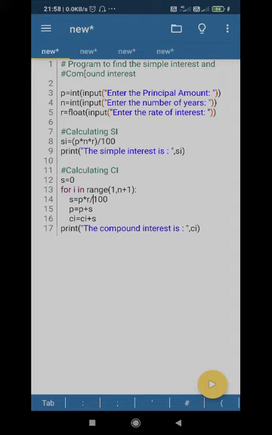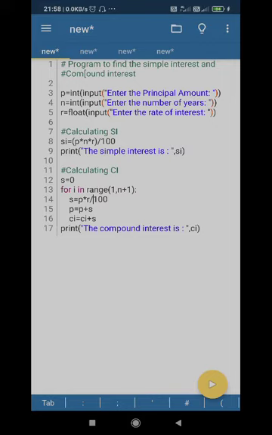Now the compound interest that we are seeing here, to find the compound interest for the first year, the range has been started. That means first, up to how many years you need to calculate. So starting from the first year up to that year you are iterating using the range function. So you are creating a range of values through which a for loop can take the i value, the loop variable. So first you have to find what is the interest for the first year. S equal to P into R by 100.